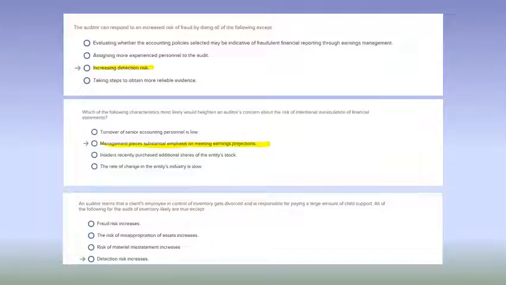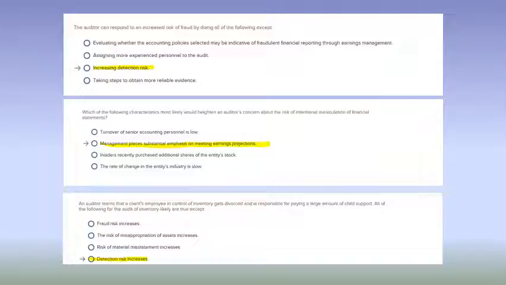An auditor learns that a client's employee in control of inventory gets divorced and is responsible for paying a large amount of child support. All of the following of the audit of inventory likely are true, except, again, we're not going to increase detection risk. The auditor controls detection risk. Detection risk doesn't just happen. The auditor tries to control that through what? Through our nature, extent, and timing of our audit procedures,